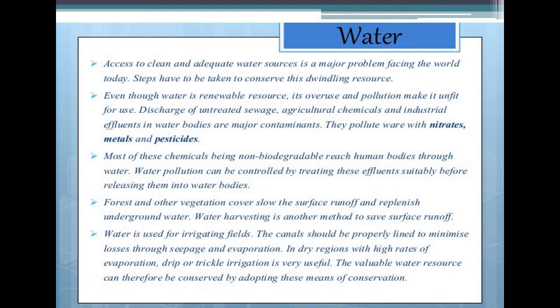So many of you must have seen these sprinklers in the field, like the pipe which contains water or the supply of water. There are a few holes in the pipe, and from those holes the water comes out and acts as the sprinkler in the field. So by this method, less water is used for the irrigation purpose.